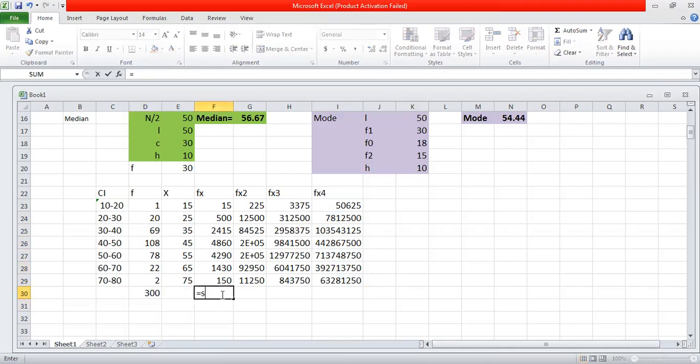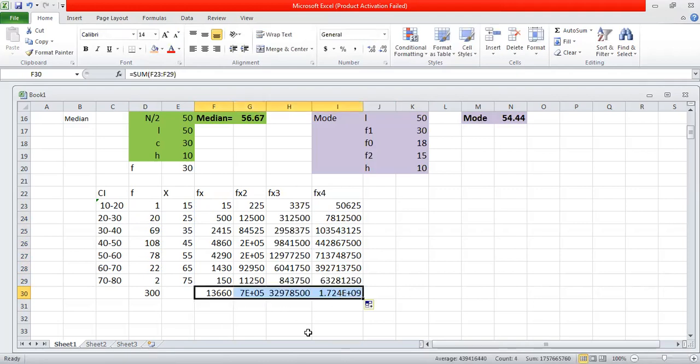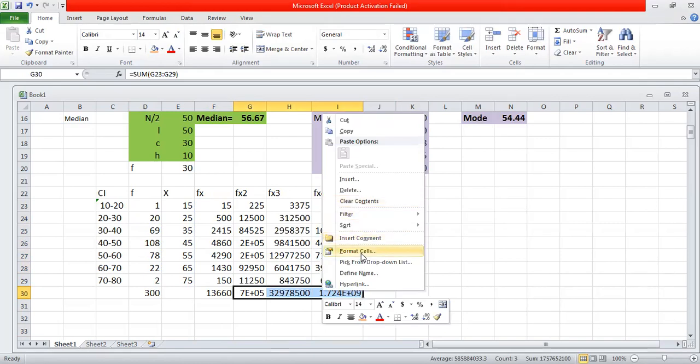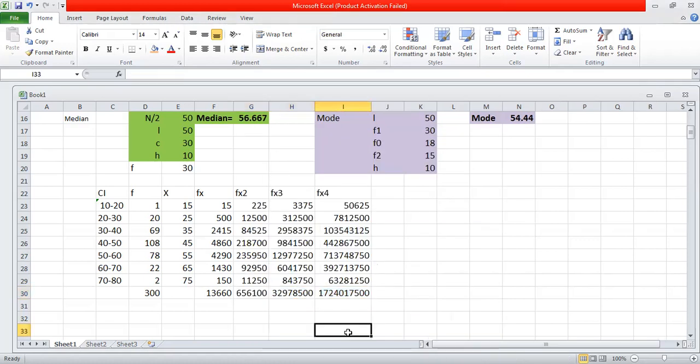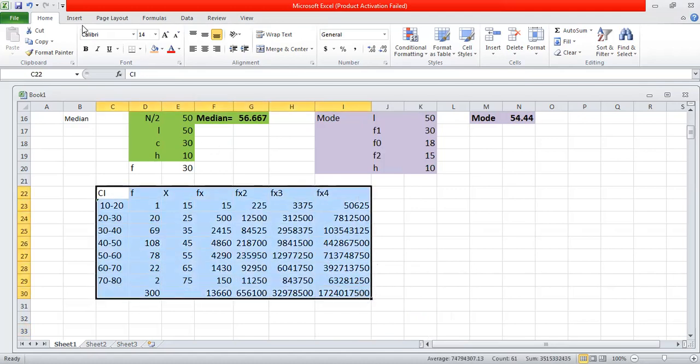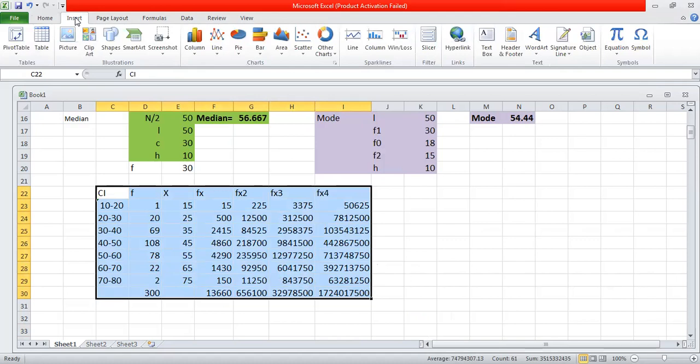Here also I want the sum value. For remaining columns also I want the sum, right? So this formula I have to copy. Same, drag this one, we get the values. Again we got these values as sum values. So just format cells, remove the decimal point, we get the exact values. So by using these values, now we are going to find out the